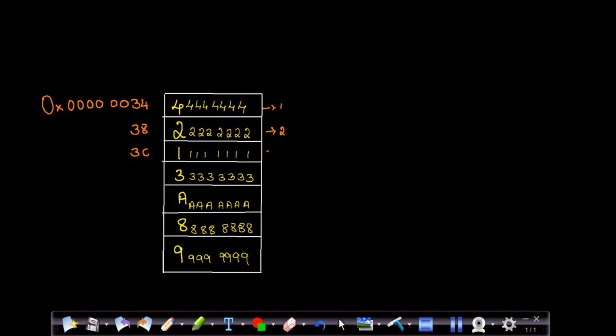Likewise I have number 3, 4, 5, 6 and 7. So there are a total of 7 numbers which have been stored, and this is my address which is associated with this particular number.